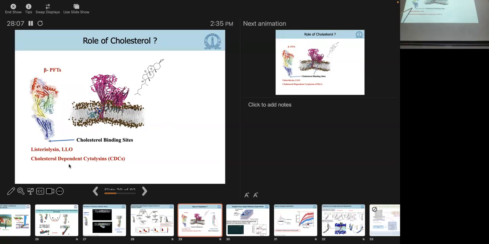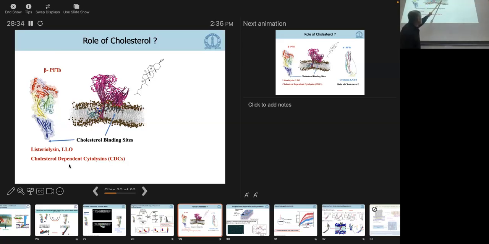These are known as cholesterol-dependent cytolysins because there are motifs in the protein which bind to cholesterol. If the membrane doesn't have cholesterol, it won't form a pore or won't bind. But in the case of the alpha toxin, this information was not known, right? This is an example of a calculation we've done with Listeria, with LLO, listeriolysin. You find that these are the motifs here. It's the membrane-inserted state.